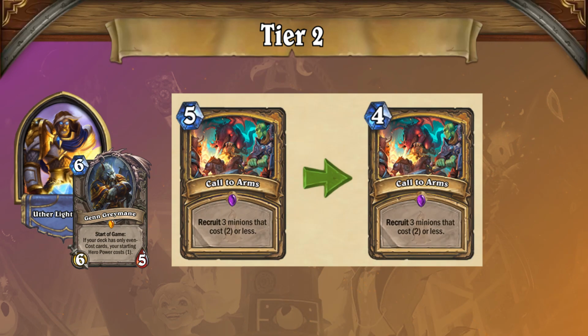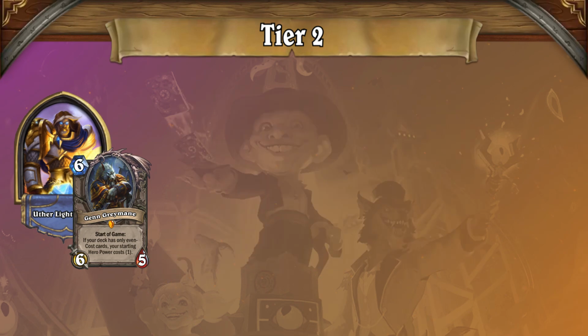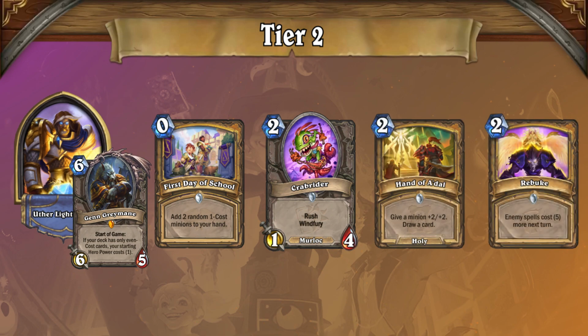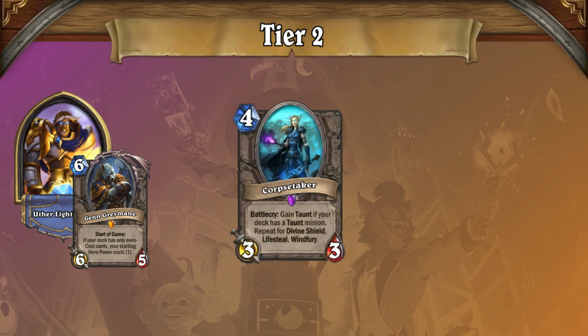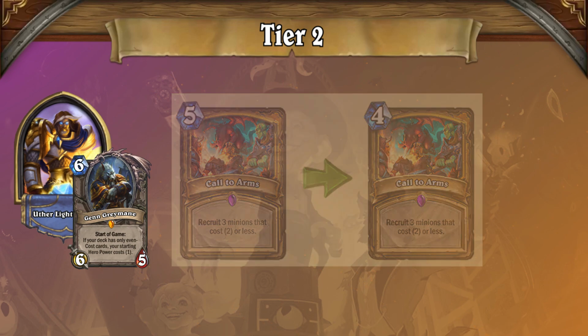The 2021 version of Even Paladin gets to enjoy unnerfed Knife Juggler and modern all-star cards like First Day of School, Crab Rider, Hand of a Doll, and Rebuke, and with easy access to Divine Shield, Wind Fury, and Taunt minions, Corpse Taker is also a solid 4-mana play if you miss drawing Call to Arms on 4. Even Paladin can hold its own in Modern Wild even if it's not stellar against Tier 1 decks like Reno Priest and Darkglare Warlock,